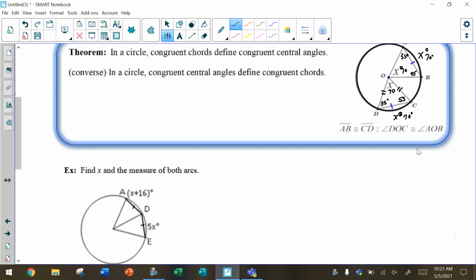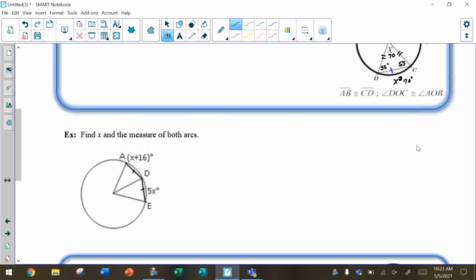All right, so let's look at an example of this. So here we have two arcs, or two line segments. Line segment AD is congruent to line segment DE. Okay, so two chords are the same length. So that means that this central angle, let me call this C because that's the center of the circle, ACD is congruent to central angle DCE. And therefore,